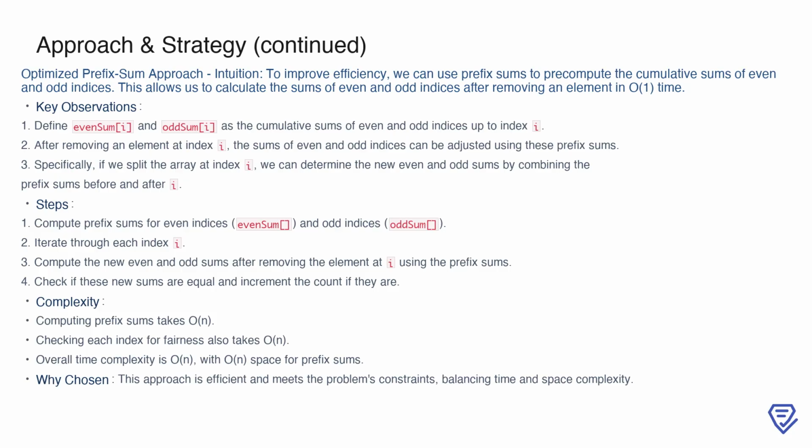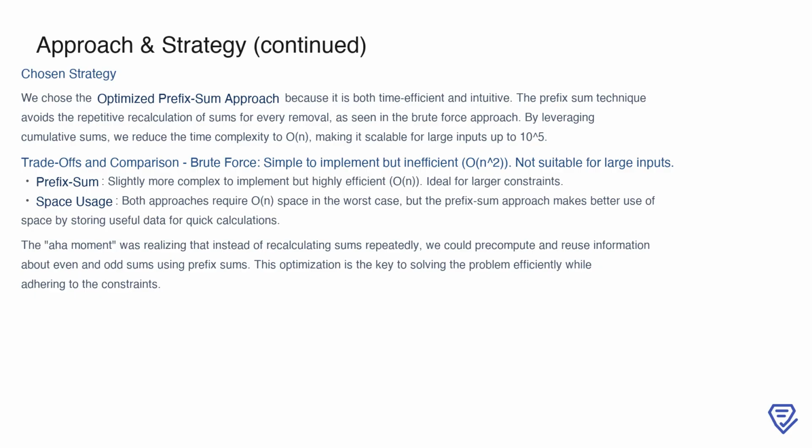This method is much more efficient, as calculating prefix sums takes linear time, and checking each index also takes linear time. Overall, the time complexity is reduced to O(n), making this approach not only faster but also scalable for large inputs. We chose the optimized prefix sum approach because it strikes the right balance between efficiency and implementation complexity. By avoiding repetitive recalculations and leveraging cumulative sums, we reduced the time complexity to O(n), which is suitable for the